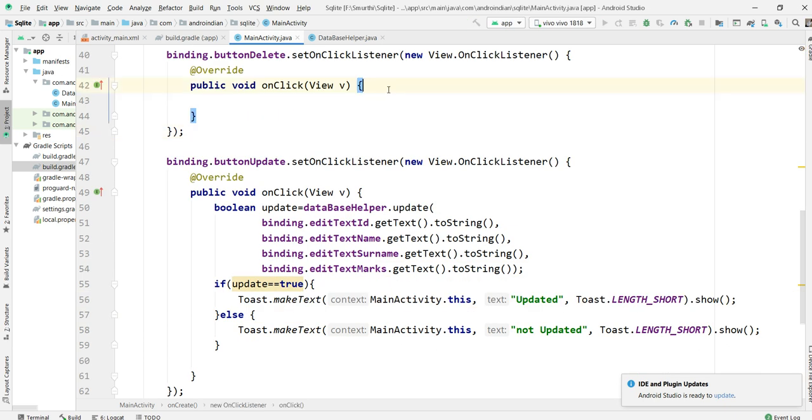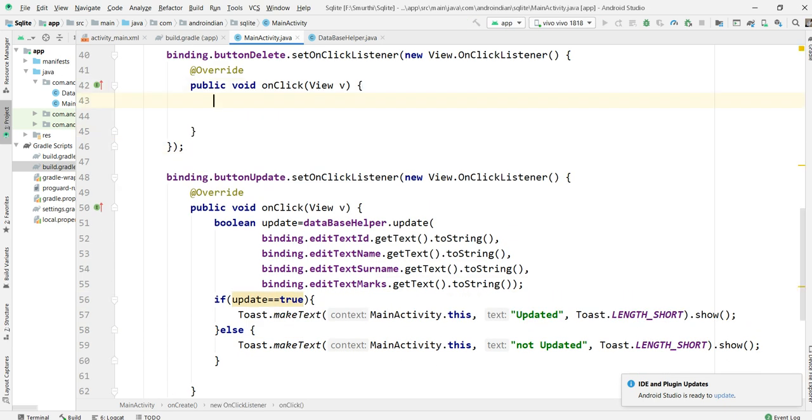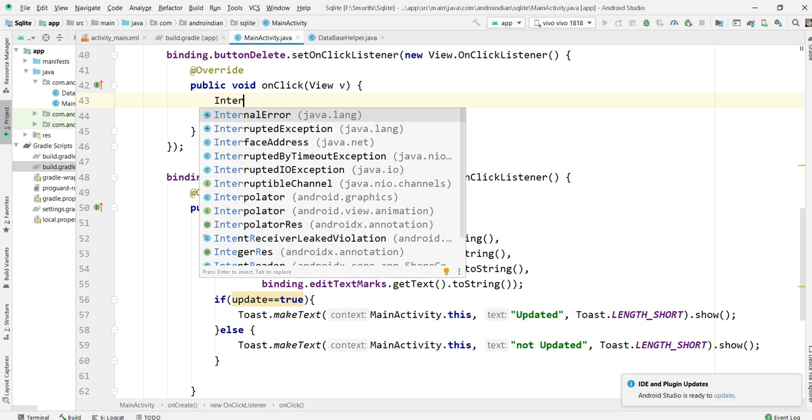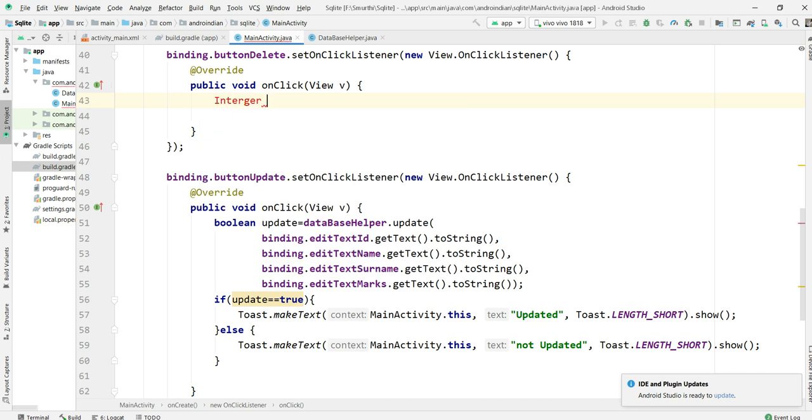If you want to delete the data, it's simple, because it's only with one ID that we can delete the data. It requires an integer value. So I'm taking an integer, that is del.